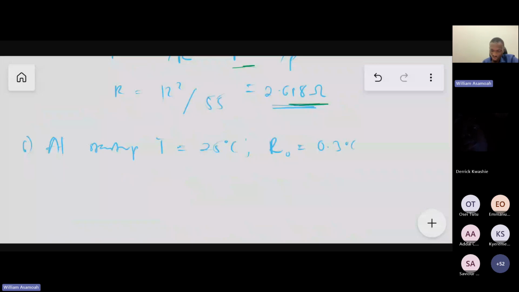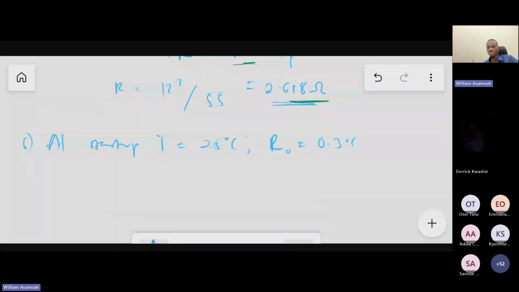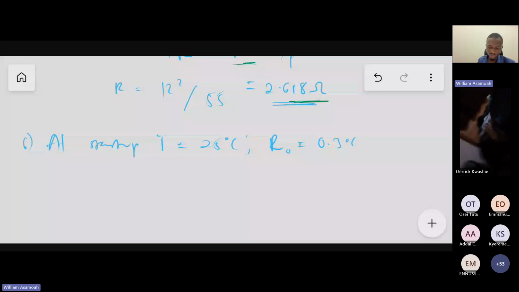Let's pay attention closely. Now we said that temperatures vary and resistance varies with temperature. That means at cold temperatures, resistances are what? Very low. Is that right? At cold temperatures, resistance is very low. So at 3,000 degrees Celsius, the resistance is 2.618. At 25 degrees Celsius, the resistance will be very, very low. Okay, and usually it's around